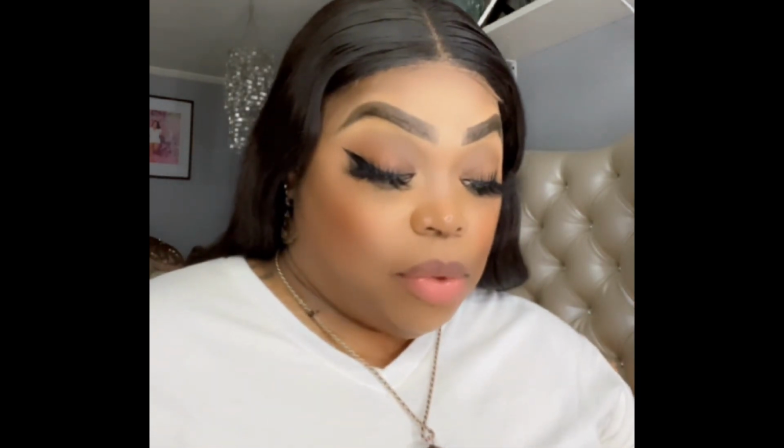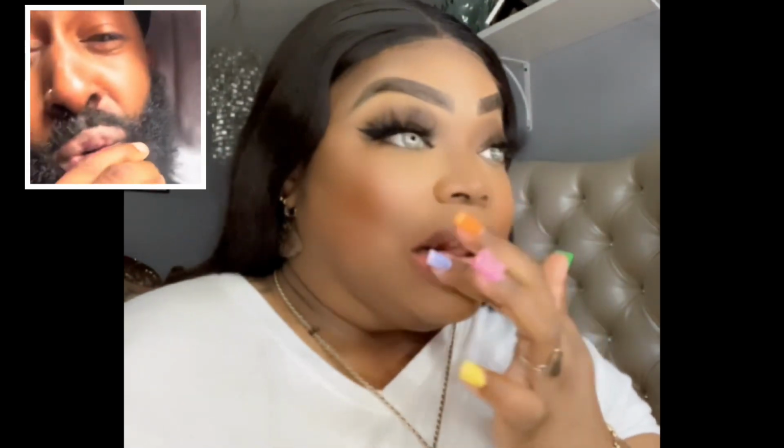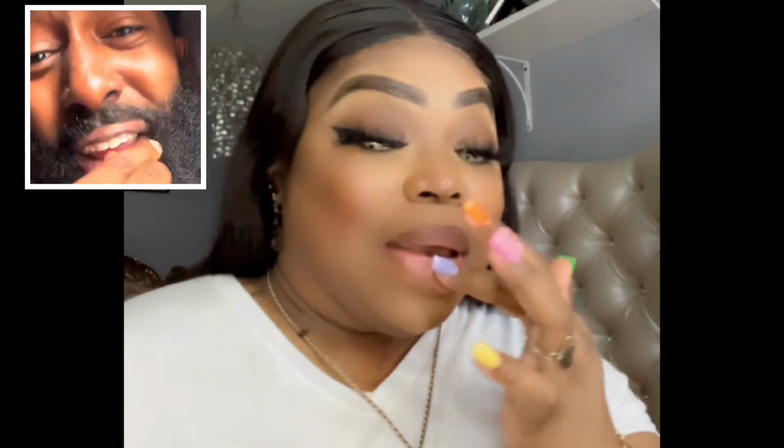Nobody likes dry lips, and especially when you have big lips and they dry. Their lips are going through turmoil. Their lips are changing color. Yeah, so I definitely